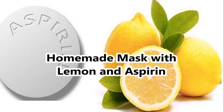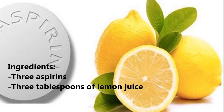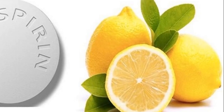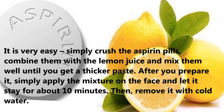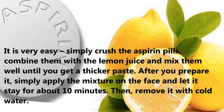Homemade mask with lemon and aspirin. Ingredients: 3 aspirins, 3 tablespoons of lemon juice. Instructions: it is very easy. Simply crush the aspirin pills, combine them with the lemon juice and mix them well until